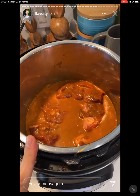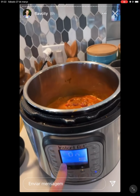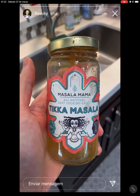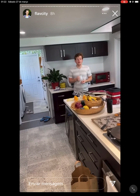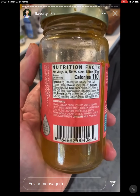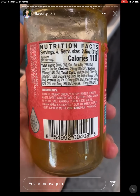Switching things up, but I think it's going to be epic because I don't have my favorite guajillo pasilla simmer sauce, but I did put the pork in here with the simmer sauce and water. I'll pressure cook it for 45 minutes. I'm using this. It's a tikka masala sauce. Brad, how good is that? It's unreal. I used this in the cookbook for tikka masala skewers. I showed this at the store the other day. So it's going to be like an Indian kind of Mexican twist here. But that pork is going to be full of sabor. Then we'll make the slaw, the guacamole,